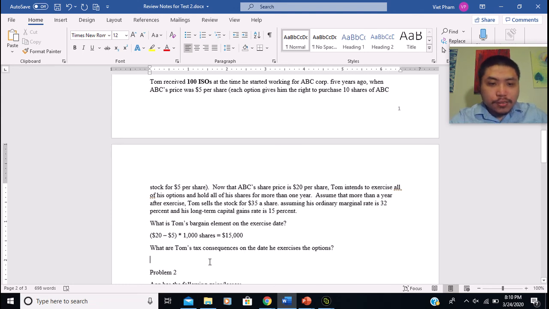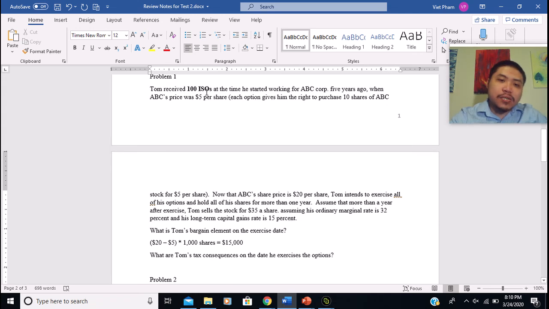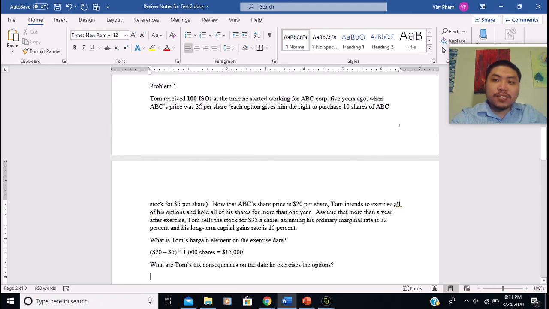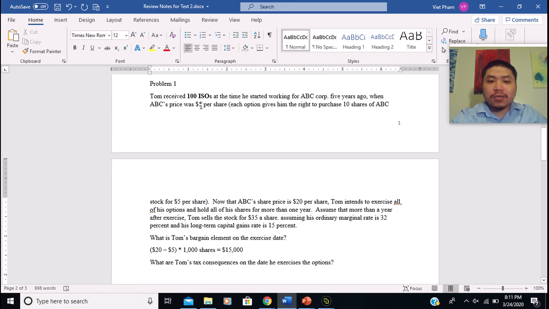So the second question asks what are Tom's tax consequences on the date he exercised the options. Remember, this is ISO, incentive stock options. So the taxpayer is not taxed on the exercise date, and instead they're going to be taxed on the selling date, because it's ISO. But if this is NQO, non-qualified options, the taxpayer is going to be taxed on the exercise date